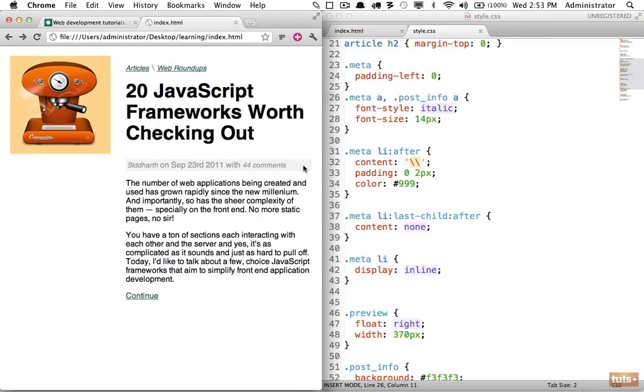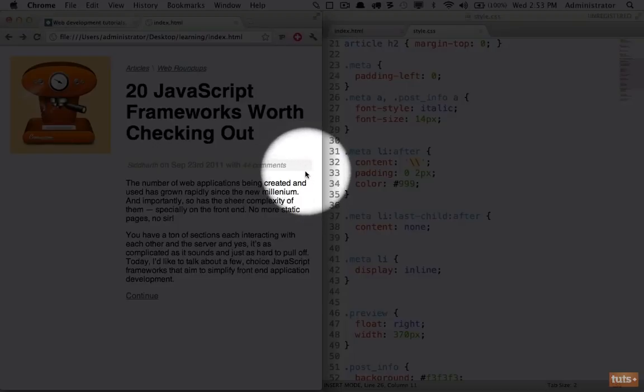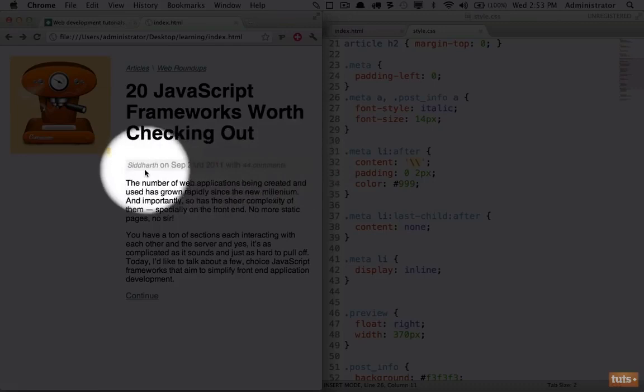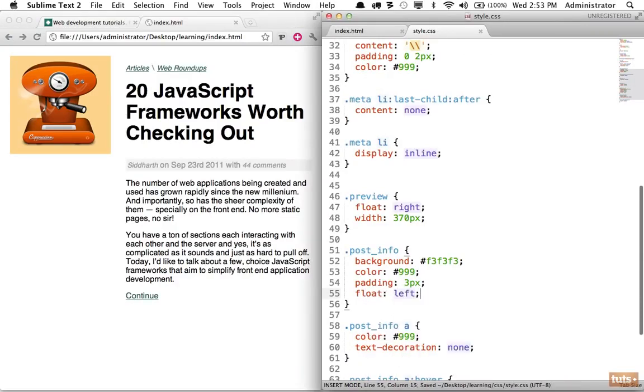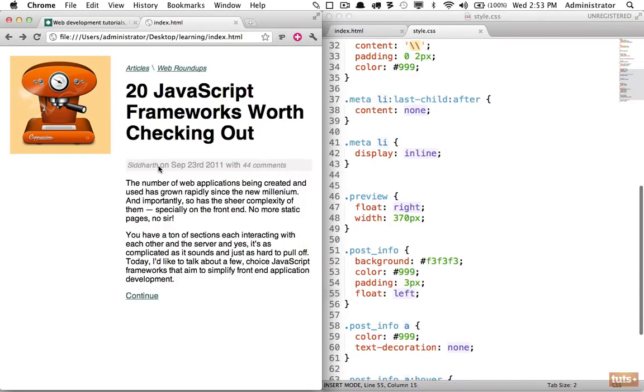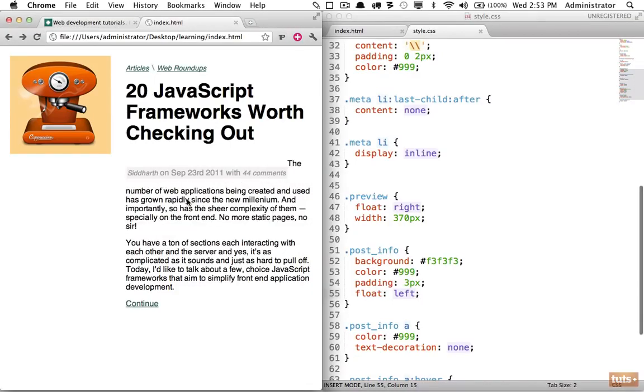Next, let's see what is happening here where we have all of this extra space. That's because, again, this is set to a display of block, so it's going to take up all of the space available. If we want to override that, one way, and we call this shrink wrapping, is you float it to the left, and that will make sure that it only contains exactly as much as what's contained within the element. Reload, and now you can see